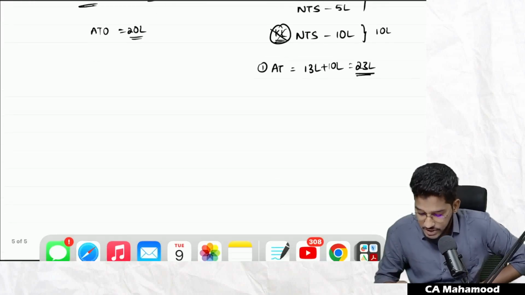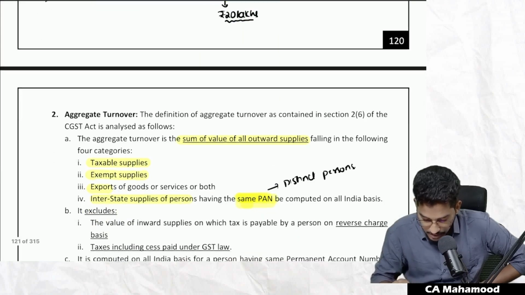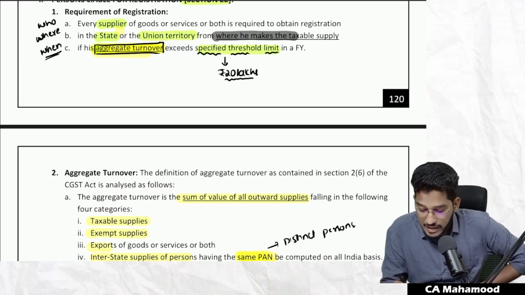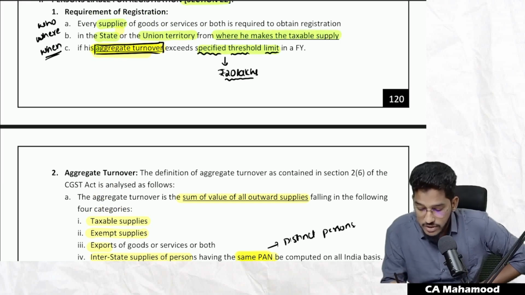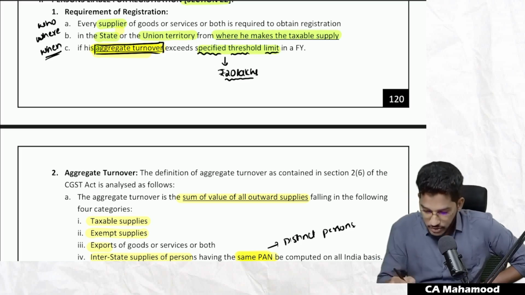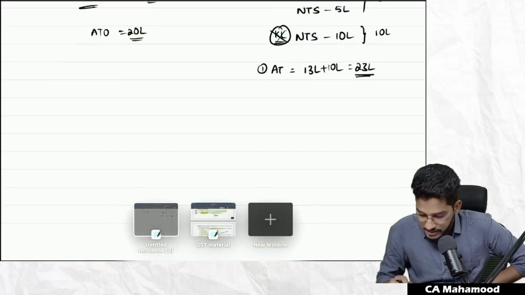Now let us address the issue where you should get the registration. So what do they say here in the second point? In the state or union territory from wherever you are making taxable supply. So you are required to obtain registration only in that state or union territory from where you are making taxable supply. So now if you look at this example once again, I am having my business in,